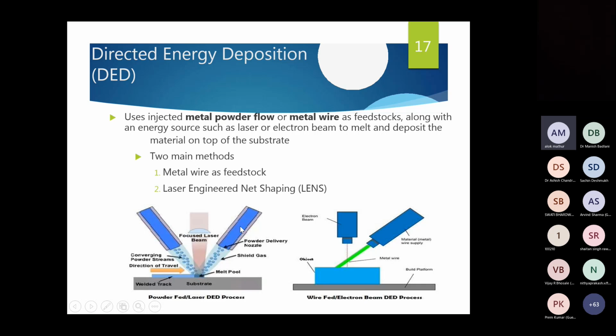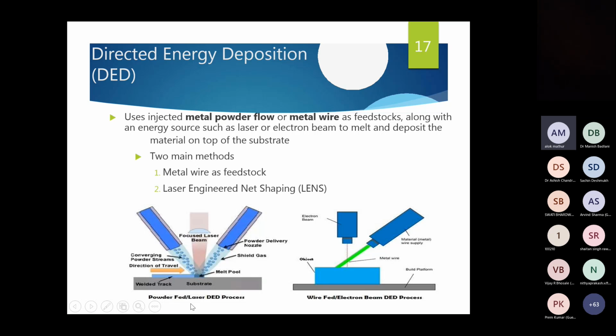You can see here these are the two nozzles, powder delivery nozzles on both sides, and in the center we have the laser beam, which is focused on this platform, and here we have the welded track and the substrate. So powder is delivered from both sides, melted on the table, and we get the laser curing also here.